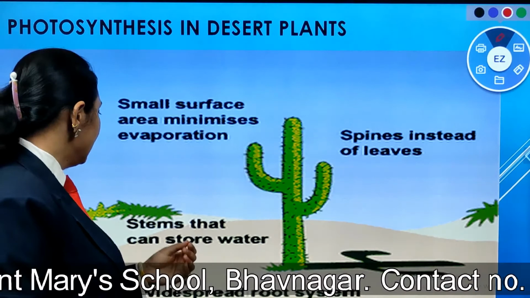That is mostly the case in all photosynthetic plants. But here what is present? Yes, the green pigment chlorophyll is present, and we know very well that for performing the process of photosynthesis, sunlight is a must, and secondly the chlorophyll pigment should be there.